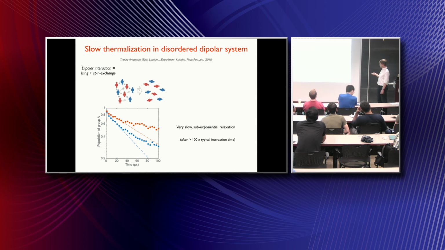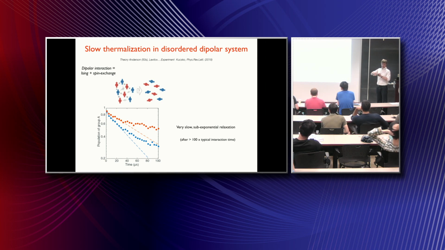And what we observe here is that this relaxation exists, but it's typically about 100 times slower than the typical characteristic spin exchange between these two groups. And moreover, these two curves are done under slightly different conditions. Effectively, the disorder for the red curve is larger than the disorder for the blue curve, right? And basically, what it shows is that disorder plays a big role.